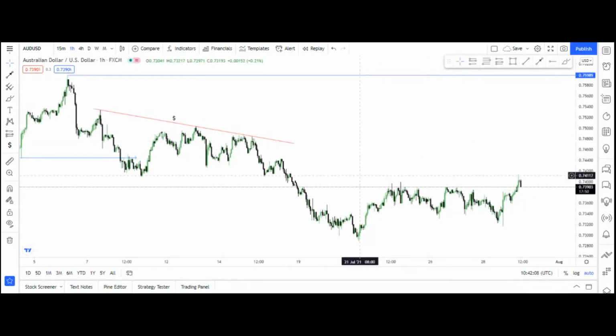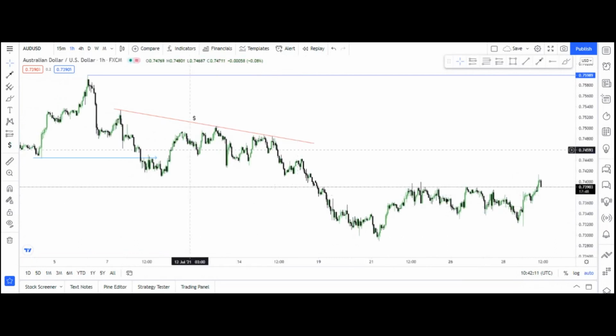Knowing everything that's happened here, this is a break of market structure and price went down. There are a lot of entries here, if you understand what I mean. RTO on the lower time frame, 15 minutes, multiple times. Like a lot of sell entries right here, even right here, a lot of sell entries.